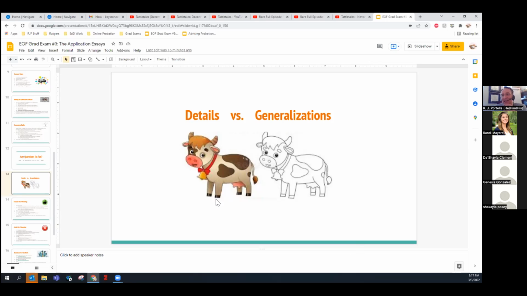And I decided against it for this presentation because everyone is unique in their journeys and everyone has a unique story. So I thought by putting examples up there that it wouldn't really serve what we're doing here. But you want to avoid generalizations. For example, you'll see a sentence later on that says, I'm willing to do whatever it takes to accomplish my goals.